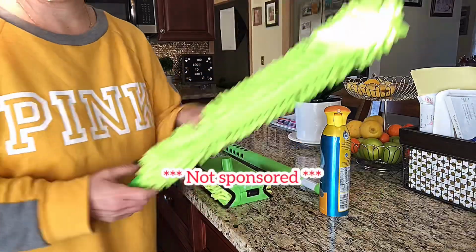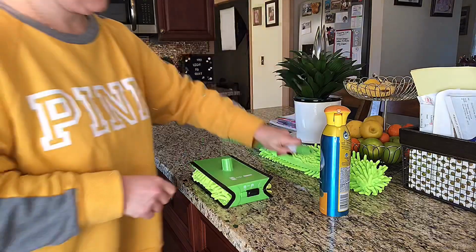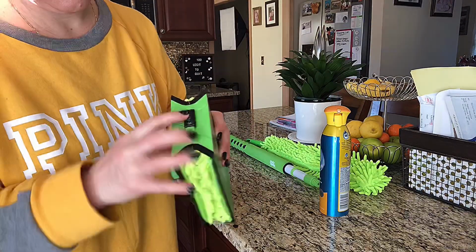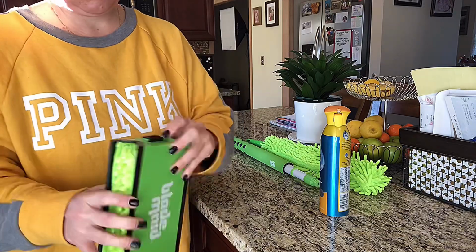This amazing, cool little tool is called the Blade Maid. I got it on Amazon and it is just perfect. This attachment goes around the fan blade and there's a lock on both sides where you can actually unlock it